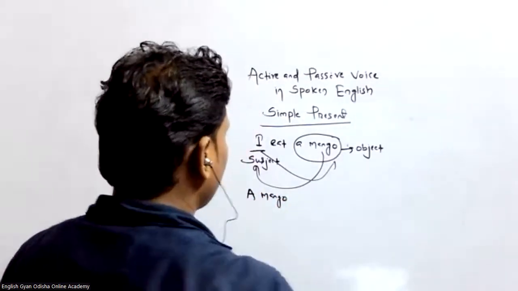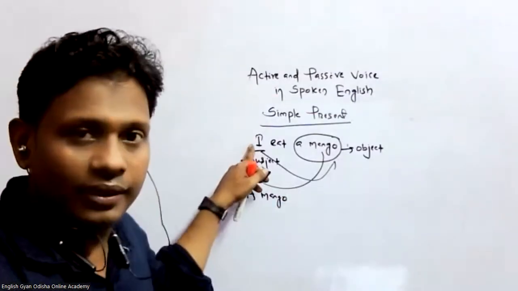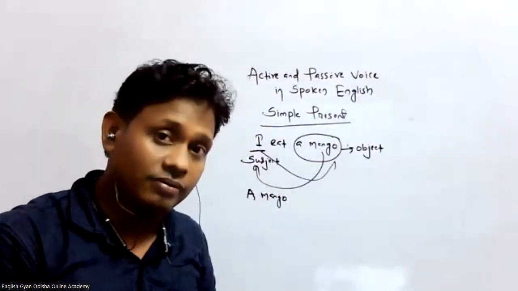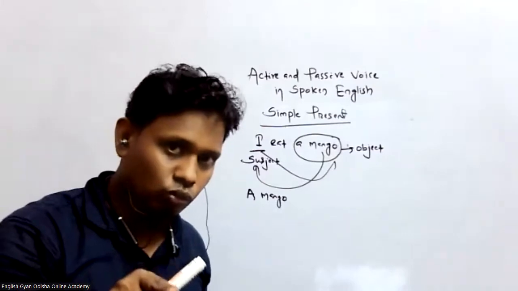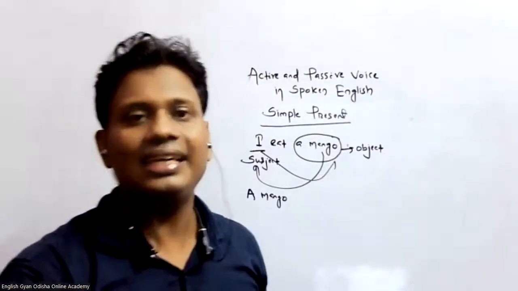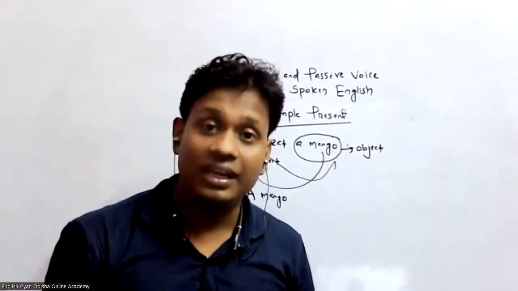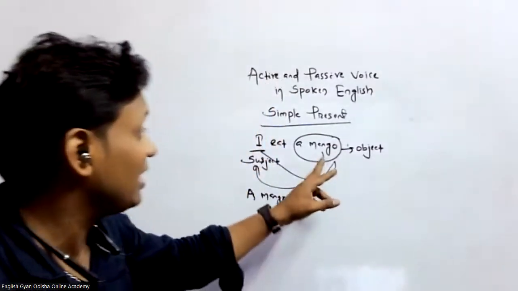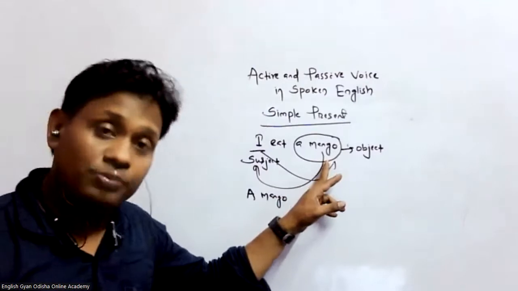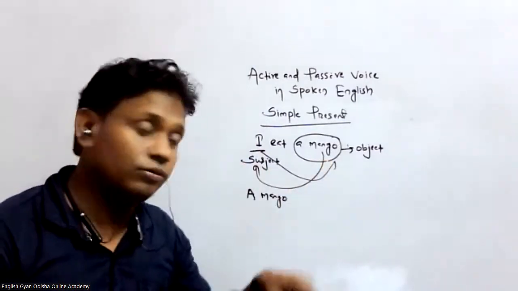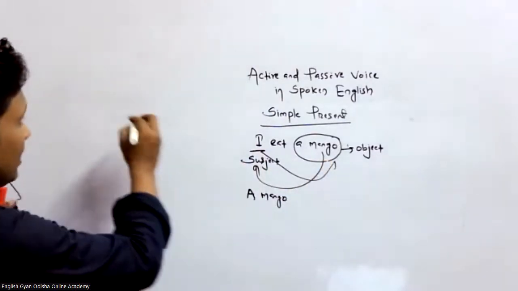comes to this one. And remember, this I is a subject. I, you, we, they, he, she, it. These are called subjects. And the subject cannot be placed in the subject form. It should be in the object form. So what is the third thing? The object of I